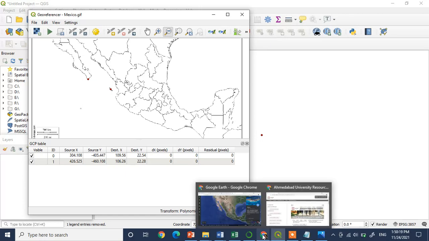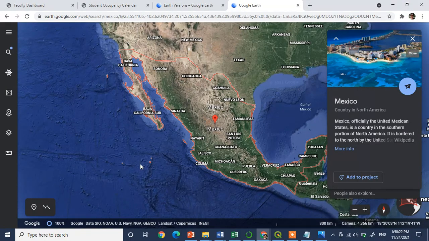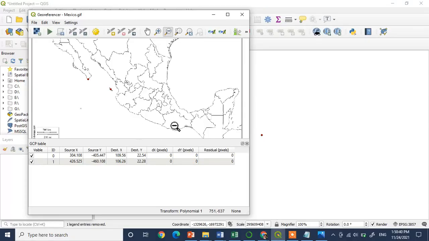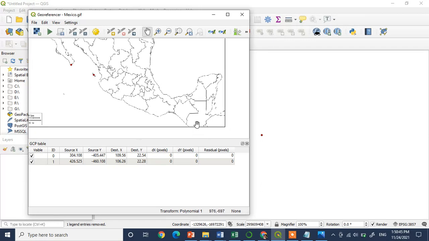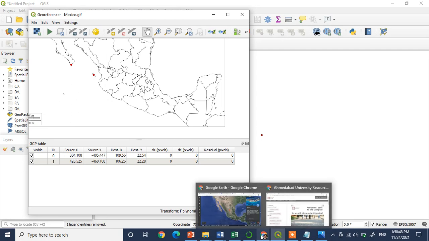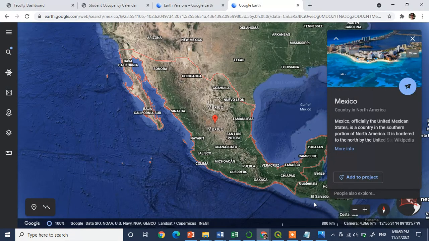So let us take a third point also, and that third point could be somewhere here, and this is 92.11 and 14.35. So this is the point. Let me check it again. Yes, this point, 92.14 and 14.38.